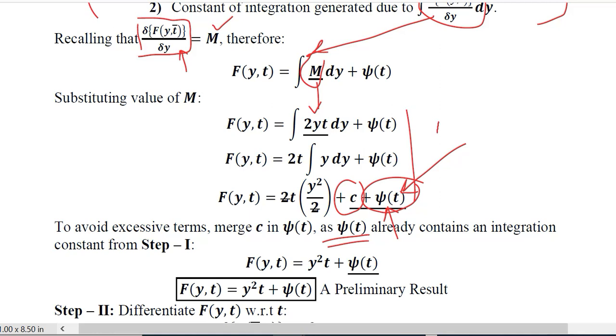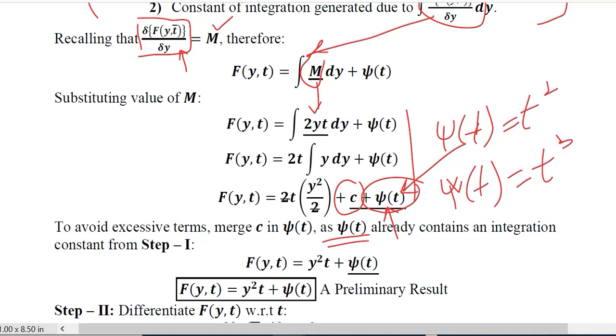the functional form of psi t changes, that is if it was t square before and if it becomes t cubed in another example, then we can use some other symbol instead of using the psi symbol. So it's now nothing new here. If I add c in it, it's just going to change slightly, which is not going to affect the functional notation of it. Now this is the first step of the process, that we have simplified it, and now we